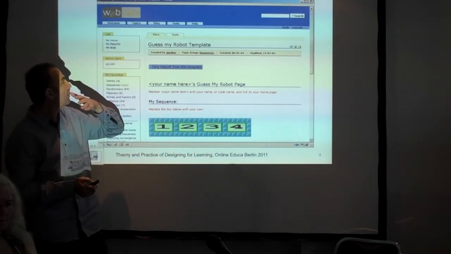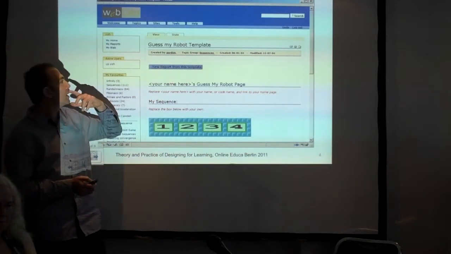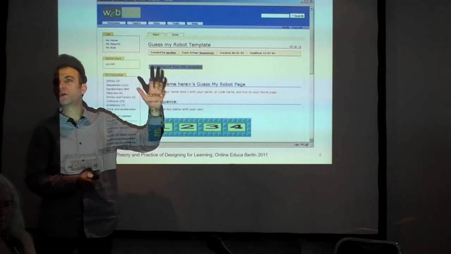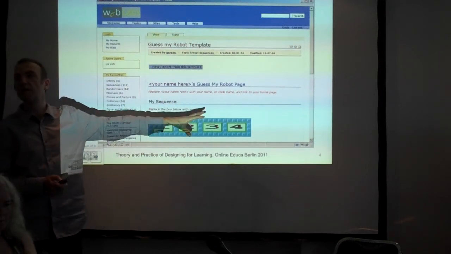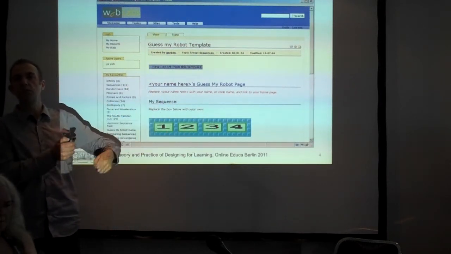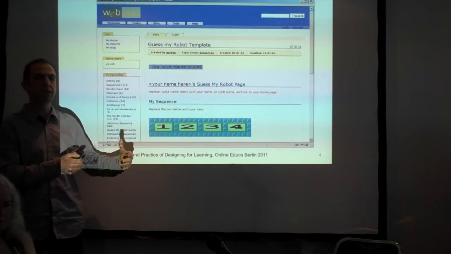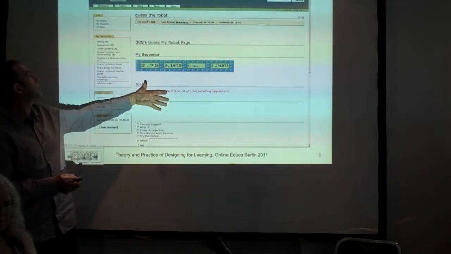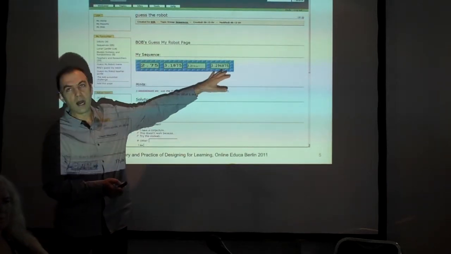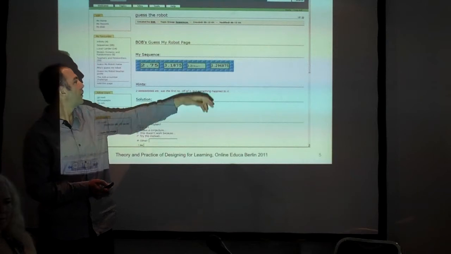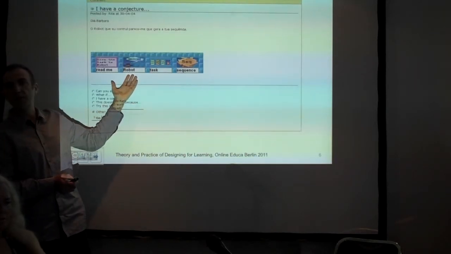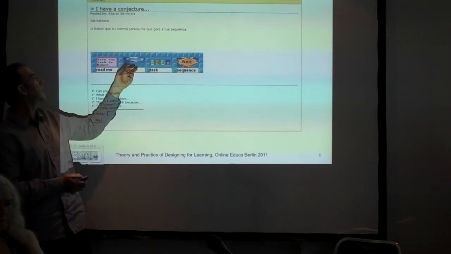This is an example of one game where we use this in a project called Web Labs. It was a game called Guess My Robot. The robot was a piece of code that would generate a sequence of numbers. So again, students would build the code that generates a sequence of numbers and post. Here's an example of a challenge page. A student posted this sequence, and then another student posted this response, which was, okay, here's a robot,